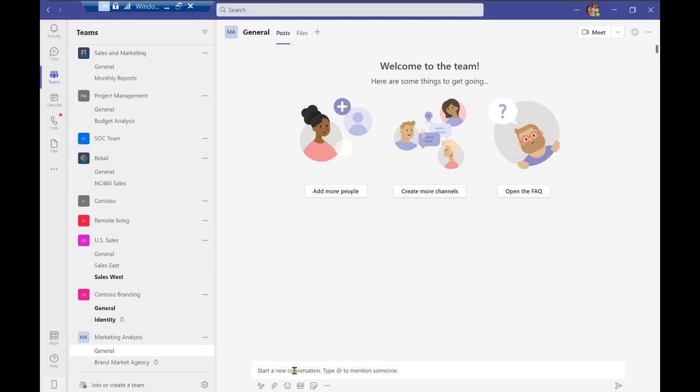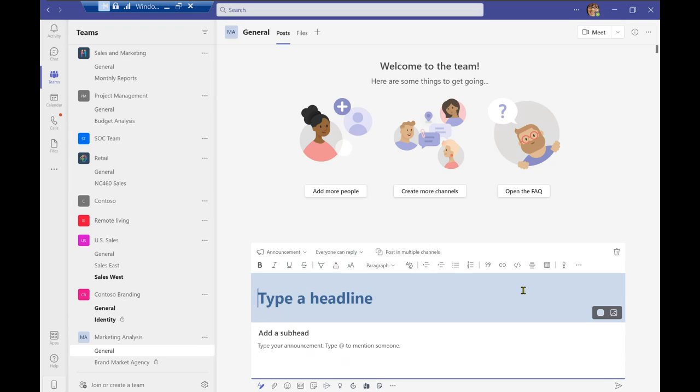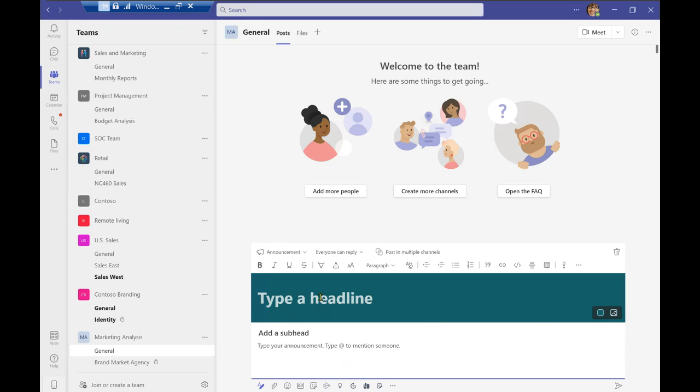I do this by selecting new conversation, and you'll see over here the information in general and formatting your conversation is very similar to when you have a chat conversation in Teams, but you have a few more options over here. So as I was saying before, we noticed a few banners, announcements, so we're going to create one. So instead of a new conversation, I'm going to select announcement right over here. And in that way, a banner will appear and you have some customization as to how that announcement will appear. So I can customize it to a specific color and write my announcement.